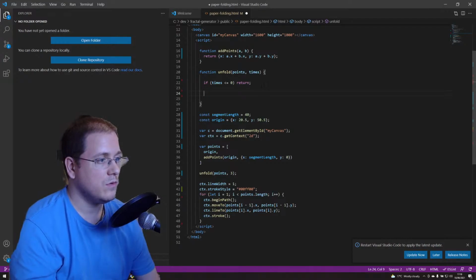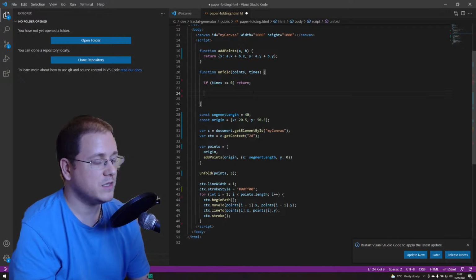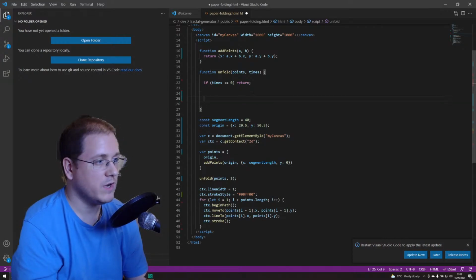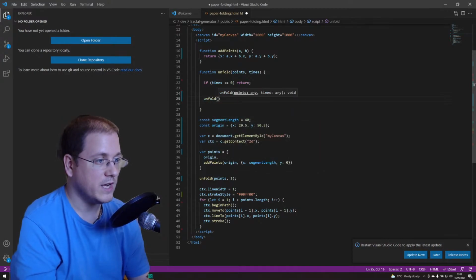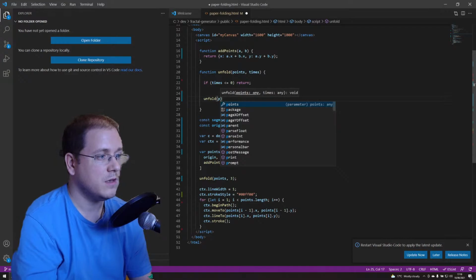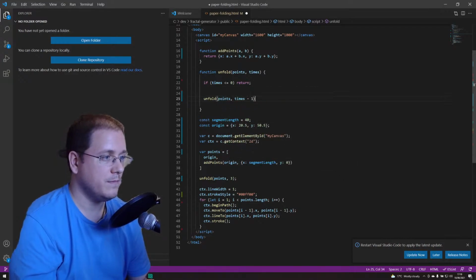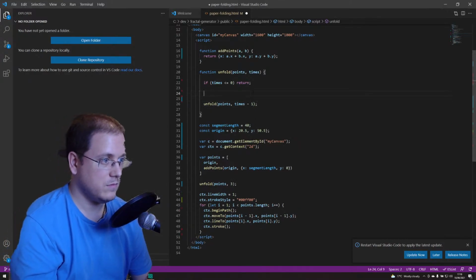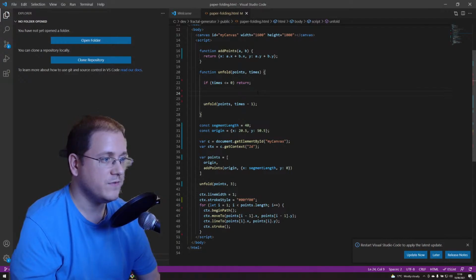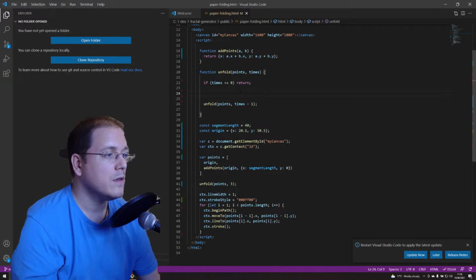So, and I guess we're going to want to recurse at the end after we've done one unfolding operation, times minus 1. So that's going to eventually escape out of that. So the recursion isn't going to recurse forever. So now we do the actual